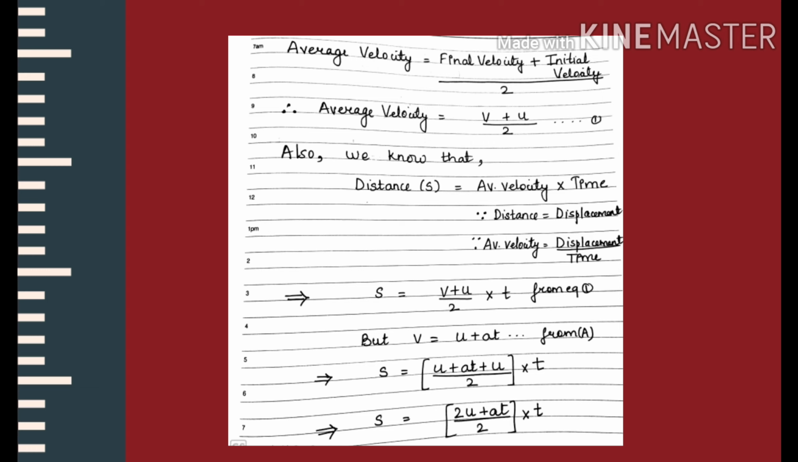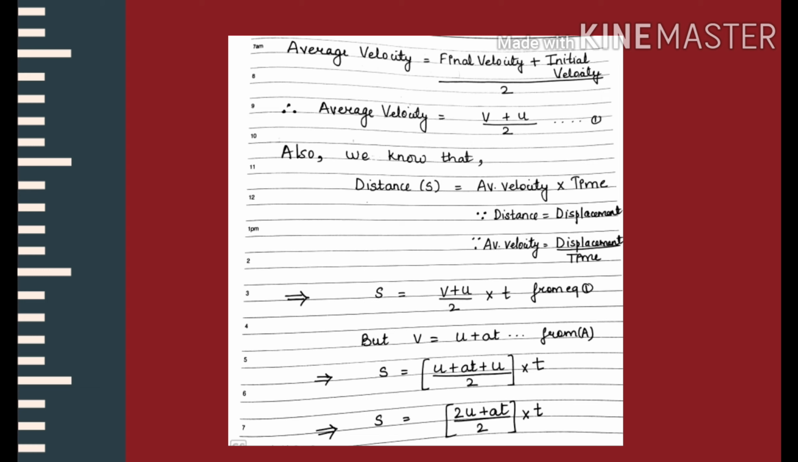Now, substituting the value of small v from the first equation of motion, which is v equals u plus at, in the above equation, we get s is equal to, in the bracket, u plus at plus u divided by 2, bracket complete, multiplied by t. Now, in the above equation, you can see that two u are present, hence they get added and we get 2u plus at upon 2 multiplied by t. Now,